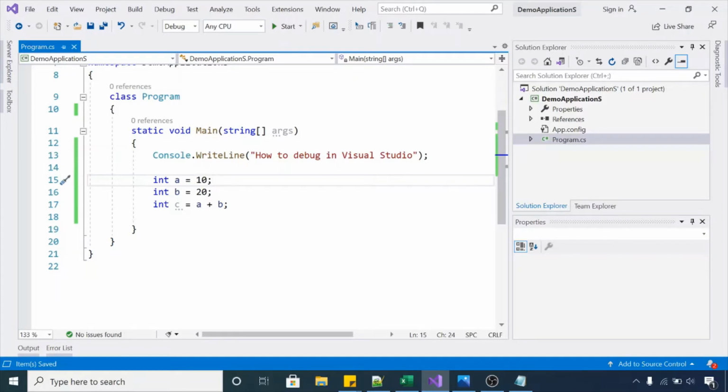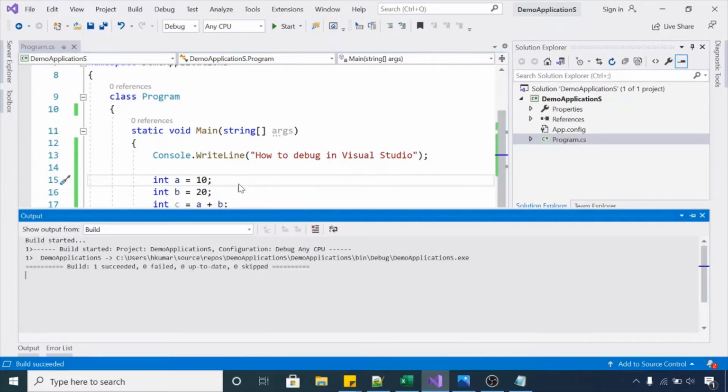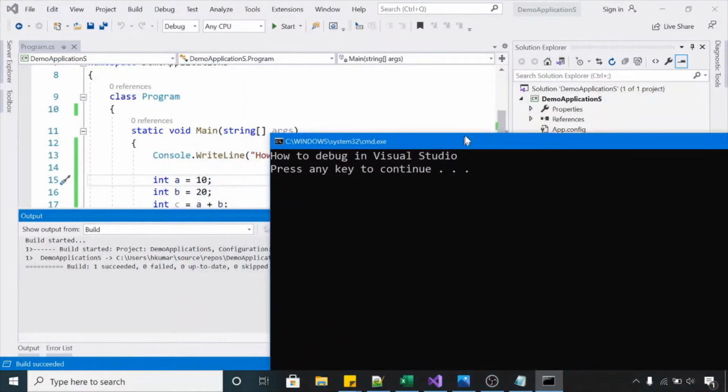Before putting breakpoints, if we execute this program right now, it will just execute your program without any interruption. It will not stop until it gets completed or there is some runtime exception. If you want to control the execution of your project, then you need debugging. You can do it in debug mode. First, let me execute this program and see that it will not stop until it gets completed or there is a runtime error. Have a look, it gets completed.